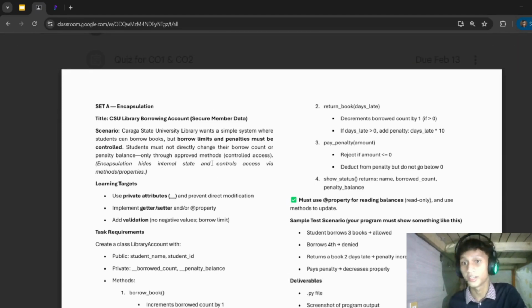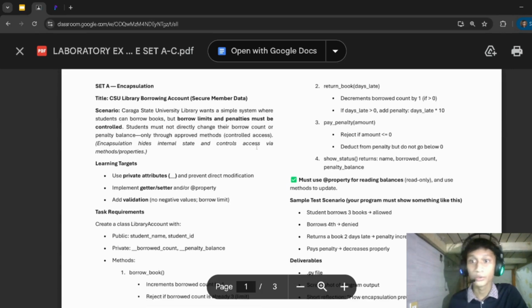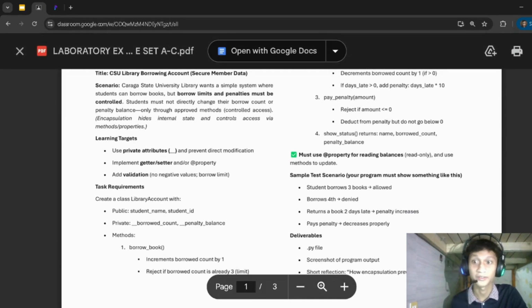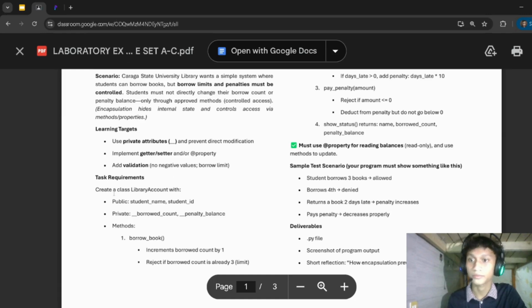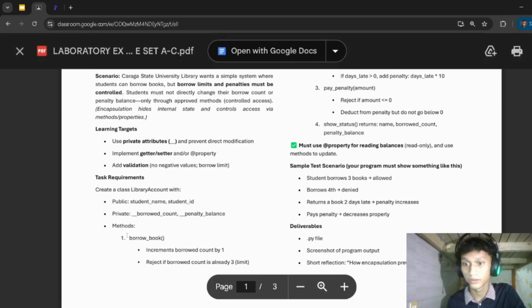Encapsulation hides internal state and controls access via methods and or properties. The learning targets are to use private attributes with a double underscore and prevent direct modification, implement getter and setter and or add property, and add validation. The test requirements are to create class LibraryAccount with public student name, student ID, private borrowed count, penalty balance, and the methods that